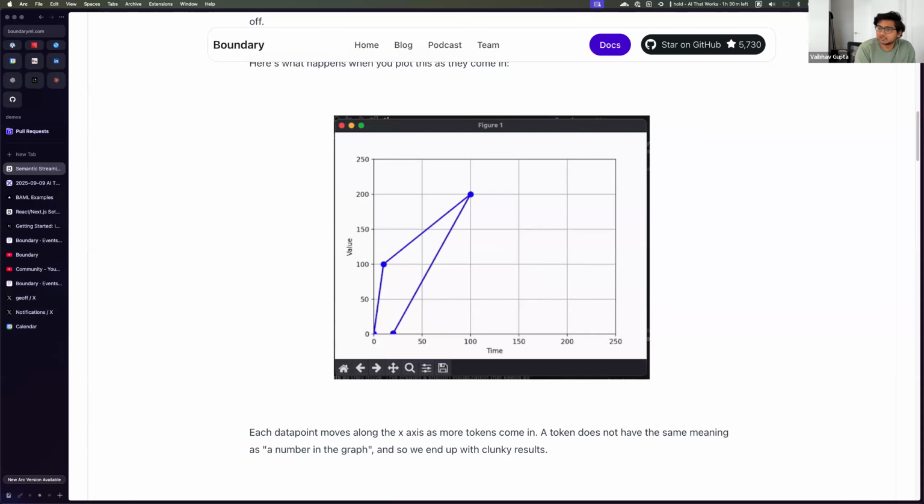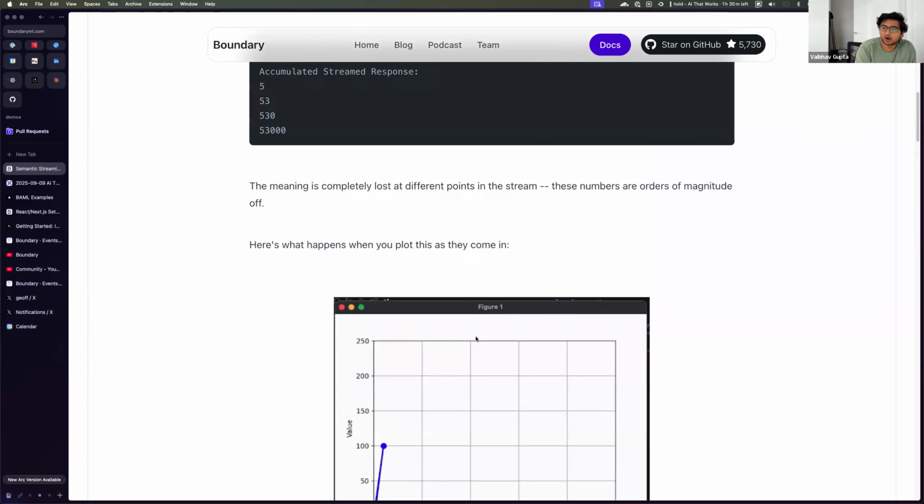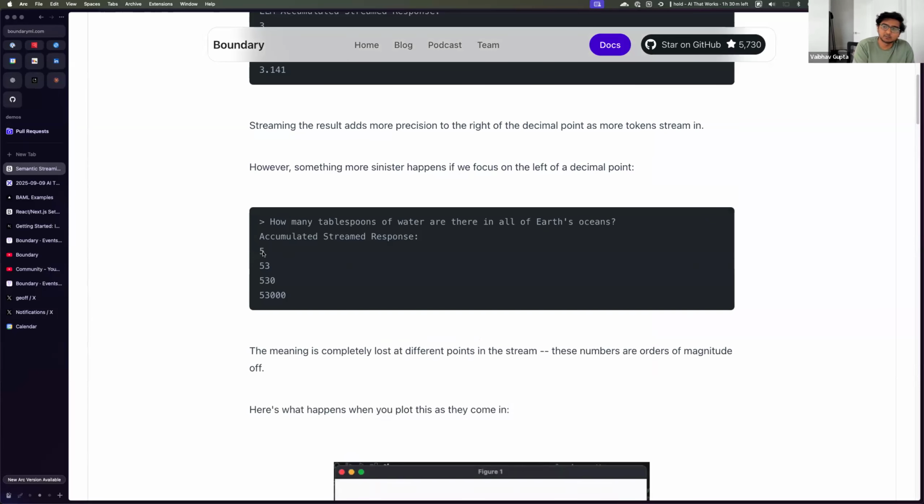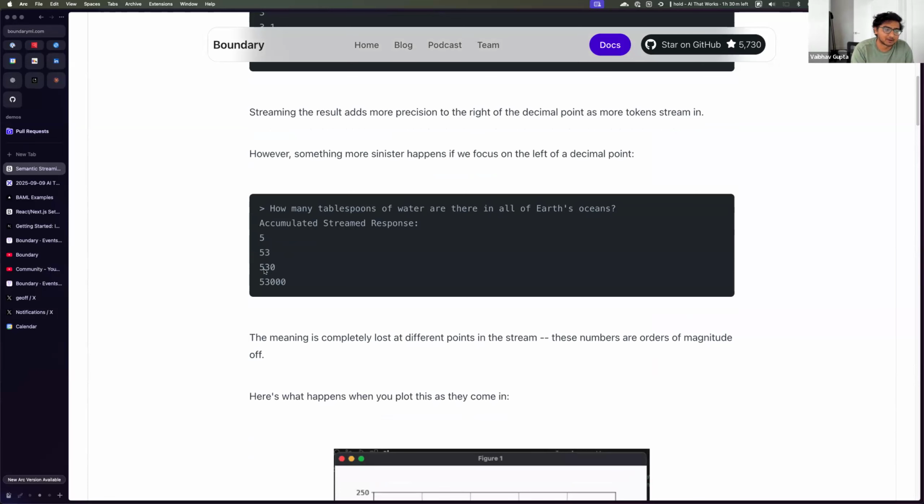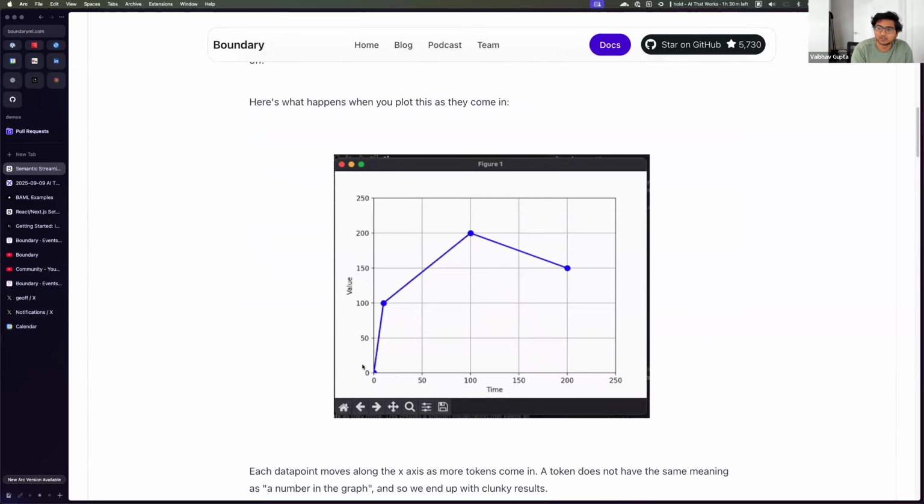Yeah, exactly, it defaults to 0. That's part one. The other thing it's doing is while the numbers are generated, the LLM spits out numbers from left to right, which is reasonable. That's how I write them as well. So it actually renders a 5, then a 53, then a 530, and a 53,000. It makes for a very, very jarring